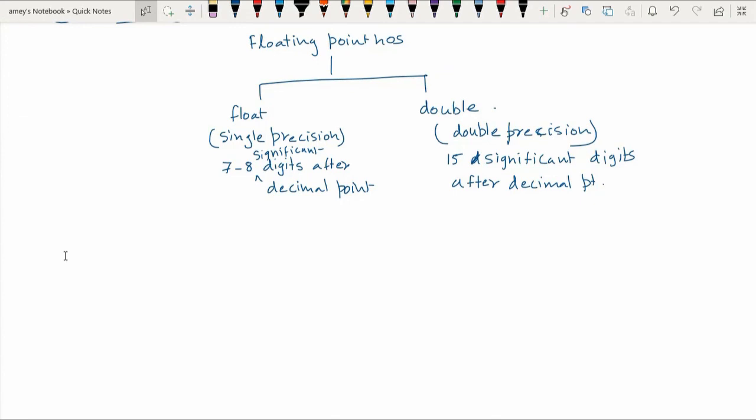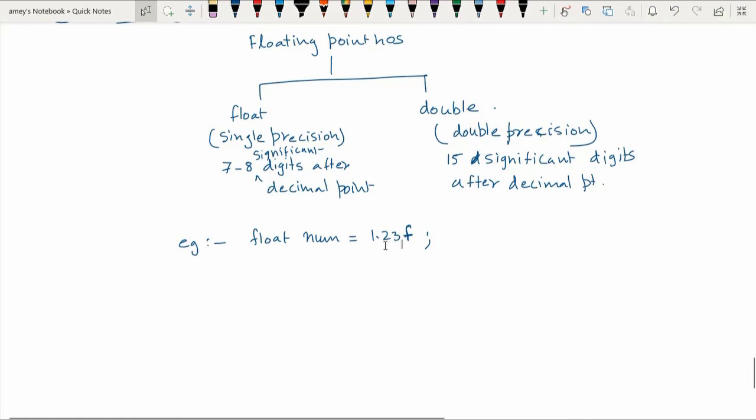In Java, by default, every floating point number is treated as a double precision number, right? So, to force them to be single precision, we use f, small f or capital F at the end of that particular value. For example, if I want to say that a particular number is a floating point number, I will say it like this: float num equal to 1.23f. This f signifies that it's a single precision number.